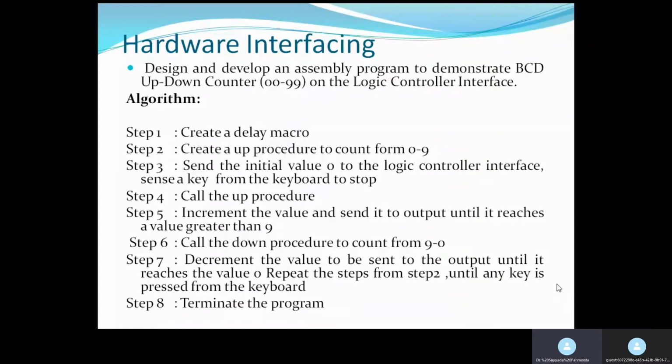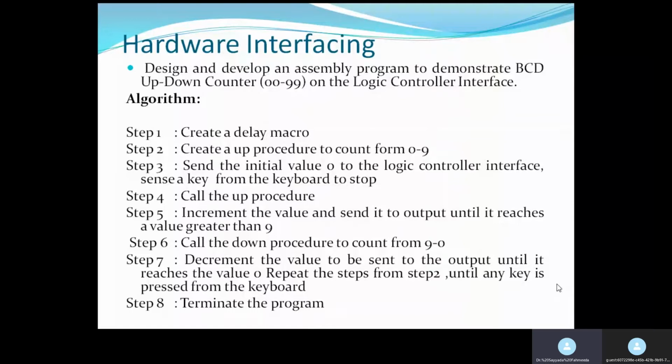As the microprocessor is a fast device and the logic controller is an electronic device which is a bit slow, if the microprocessor dumps the result on the device, we will not be able to differentiate the result. It will start with 0 and display 0 to 9 very fast, and directly come to 0 again, down and up counter. So that will not be visible.